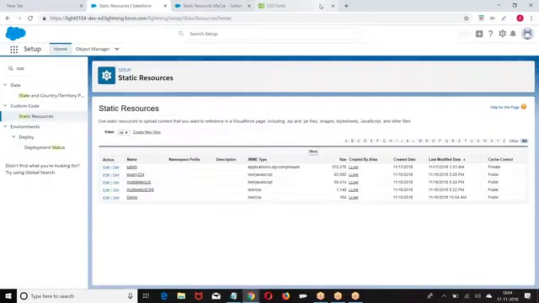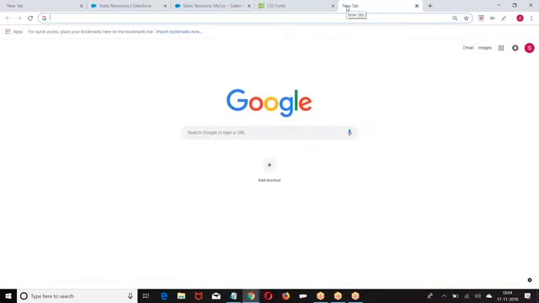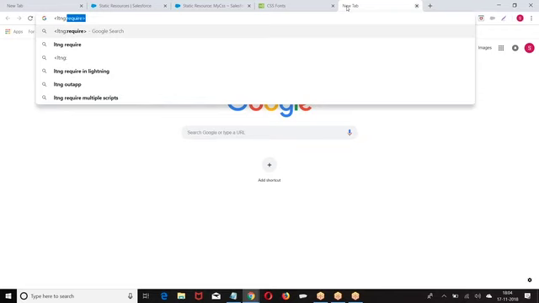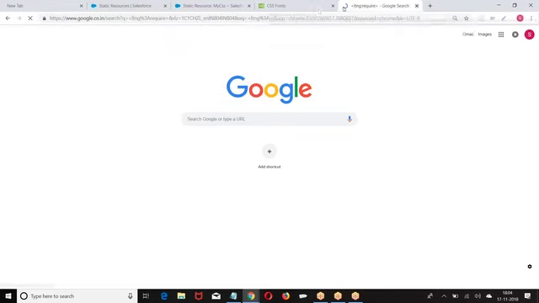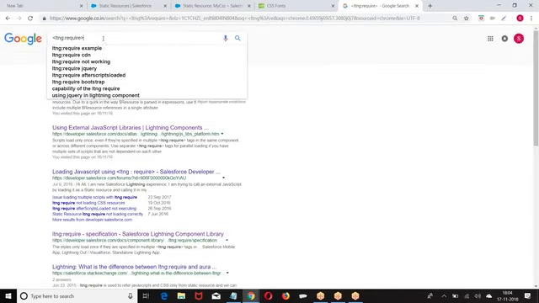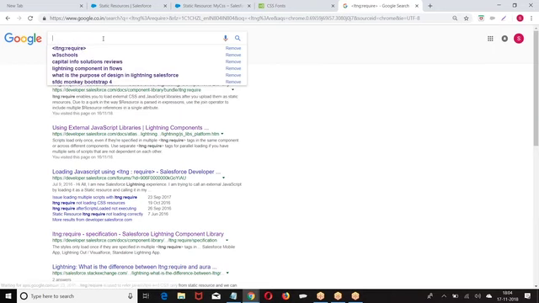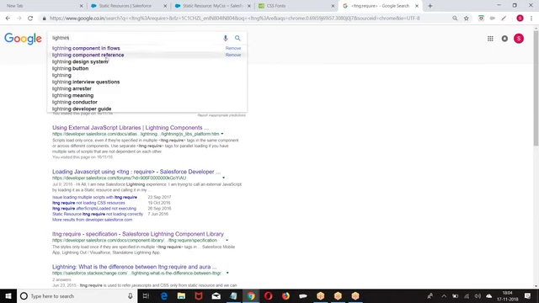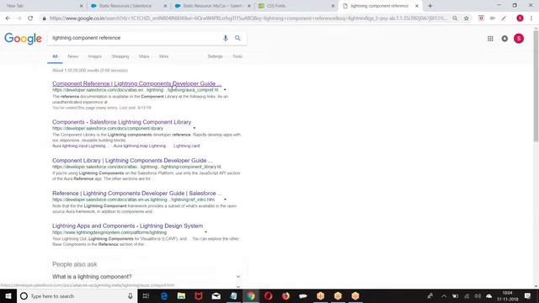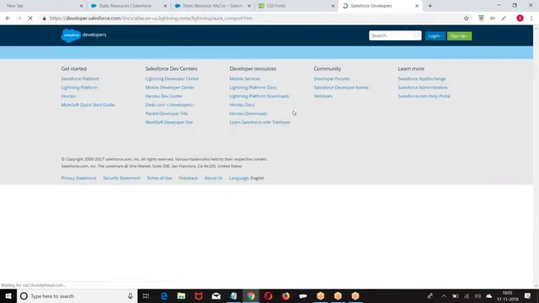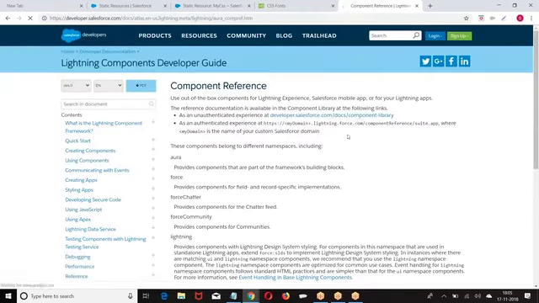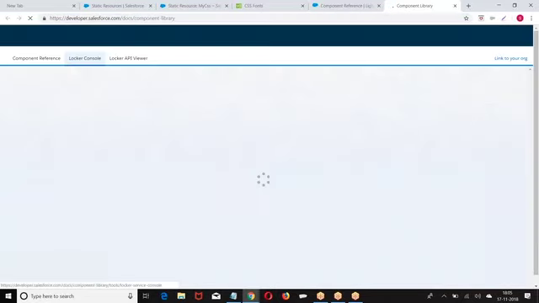If you want to include static resources in the Lightning component, we have ltng:require. At the time of creating a Lightning component reference, we have a namespace called lightning required. Let us go to that component and understand what exactly it is.